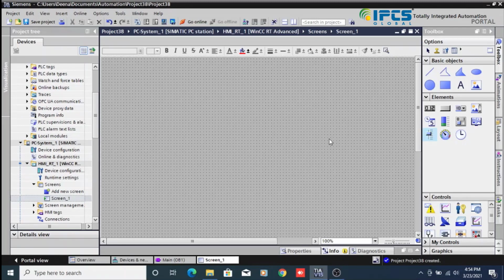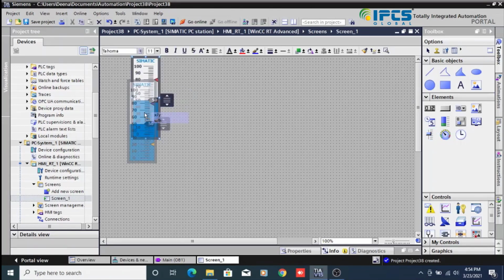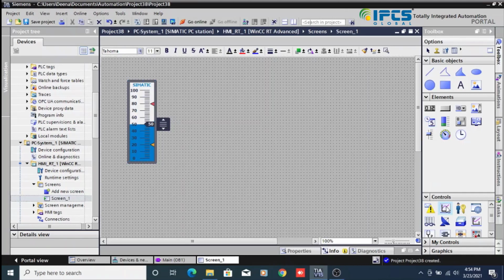So I am going to select one slider here, and also I am going to select one trend view also. In that controls I am going to select one trend window.